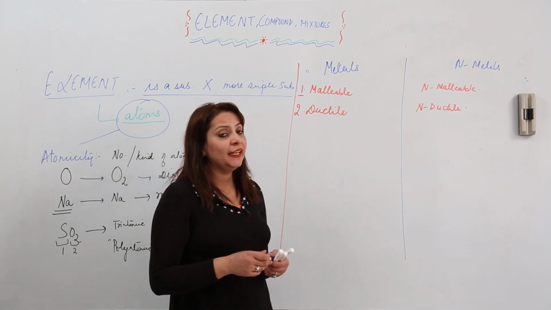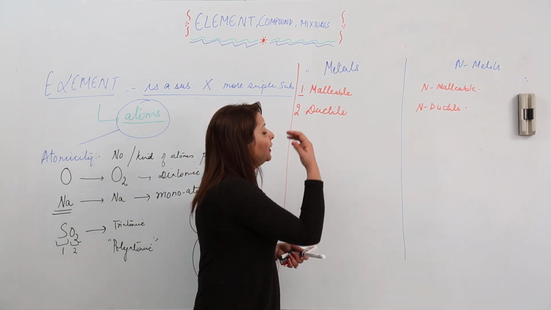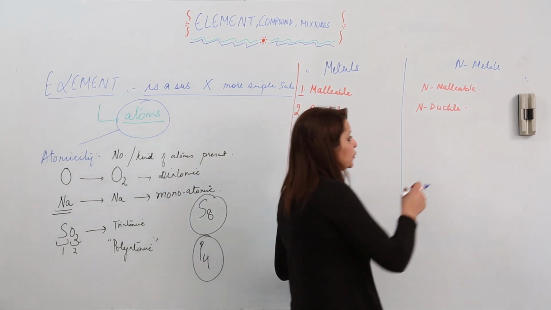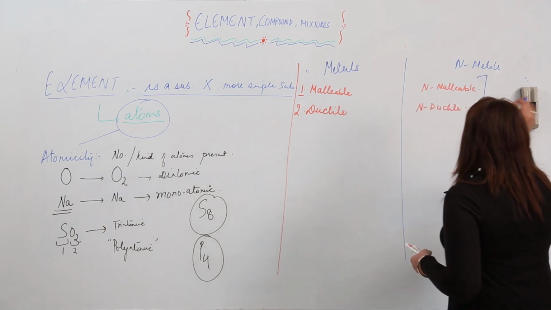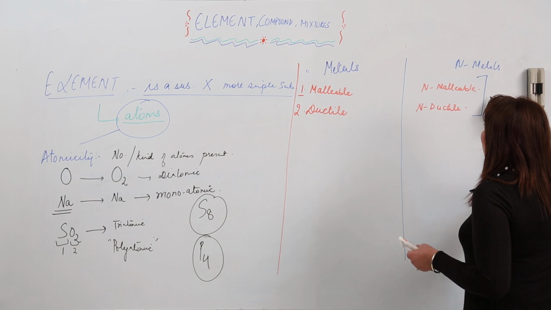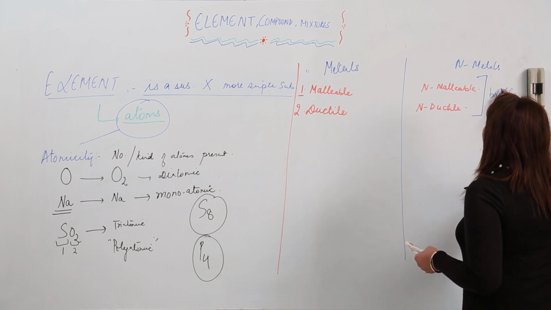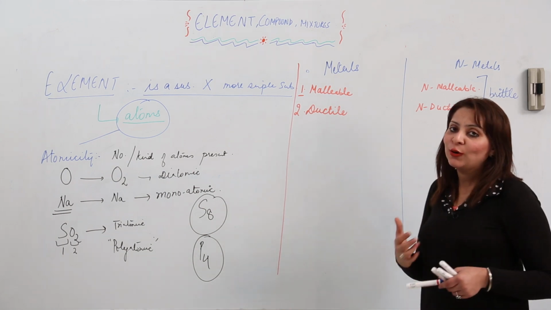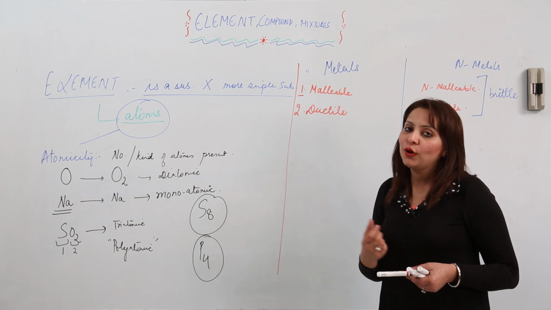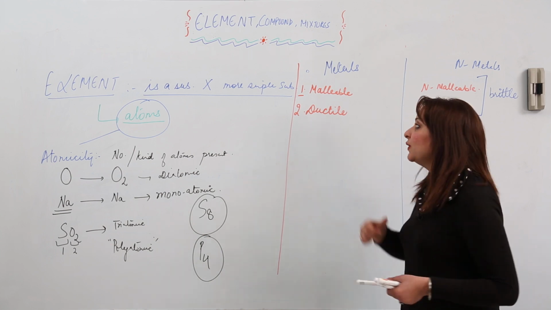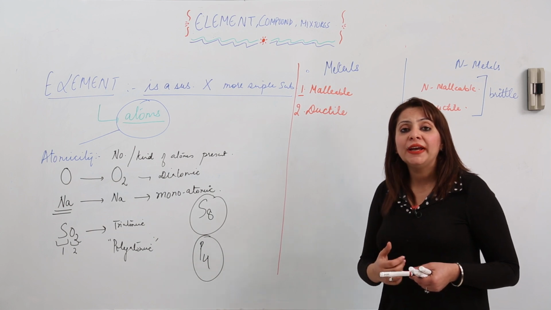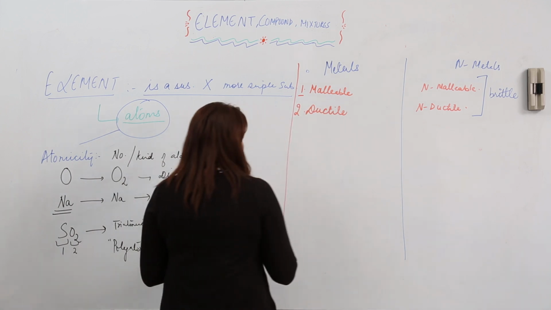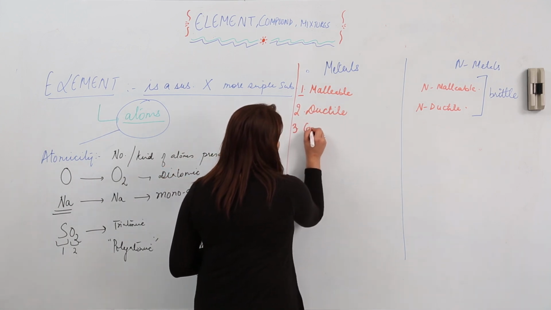Now the question must be striking: what actually is the difference, that metals can be beaten into thin sheets or wires, but non-metals can't be beaten or drawn into wires? The reason is that when we hammer them, they are brittle. So what happens is that when we hammer them, they break. When they break, how can we form thin sheets or draw wires out of them, right? So the reason is because they are brittle, that is why they are non-malleable and non-ductile, right? The third property is that metals are good conductors of